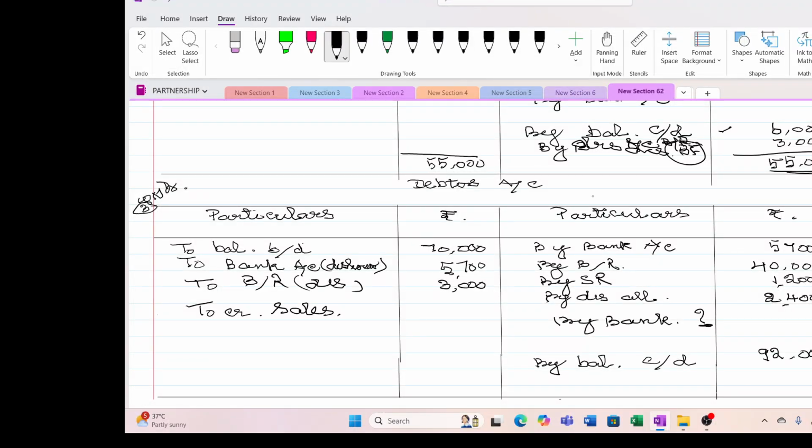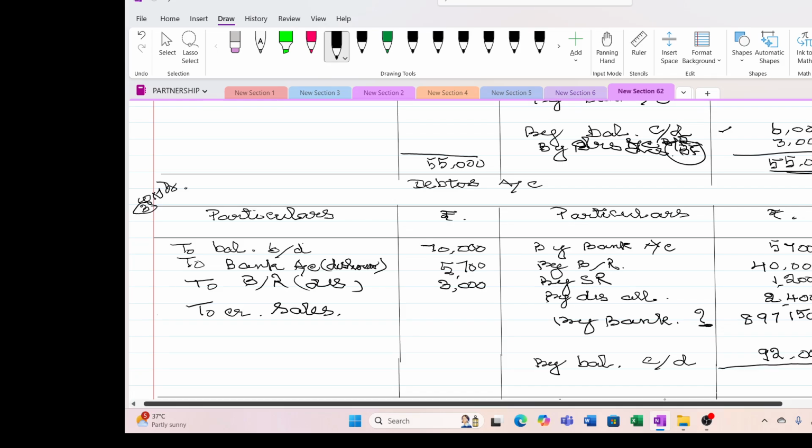My bank account 897,550. So now let us total this side and find the credit sales. 897,150 plus 5,700 plus 41,200 plus 2,400 plus 92,000. The total comes to